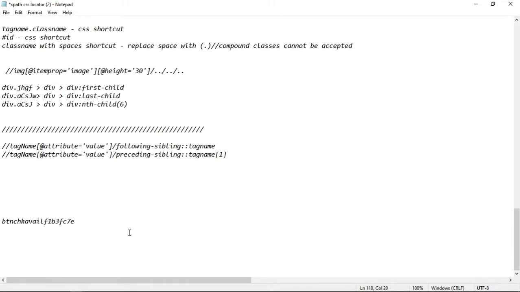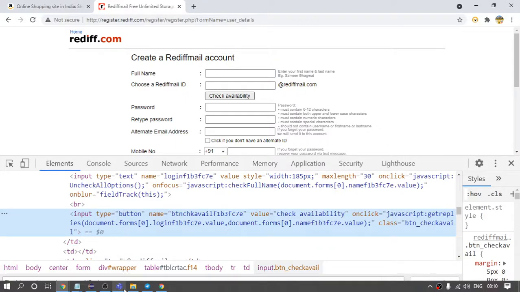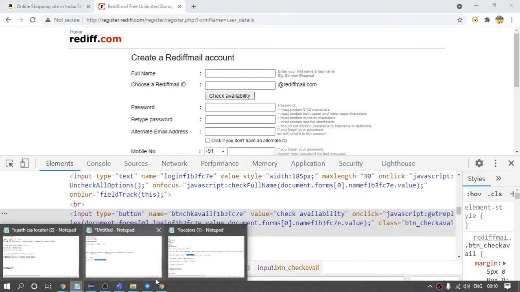There is one case, which means every time I refresh the page, some values are changing, but this part is constant, right? Every time this part is constant, but the rest of the things are changing. So you can use this one. Contains star means in the CSS. So you can see we have done some CSS as well.